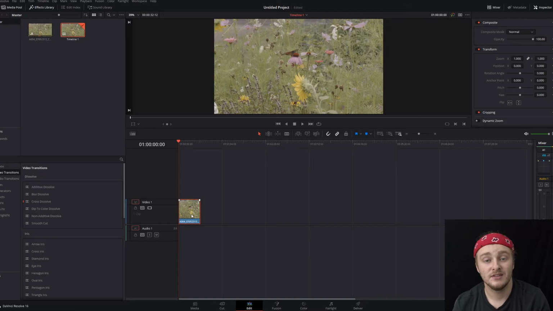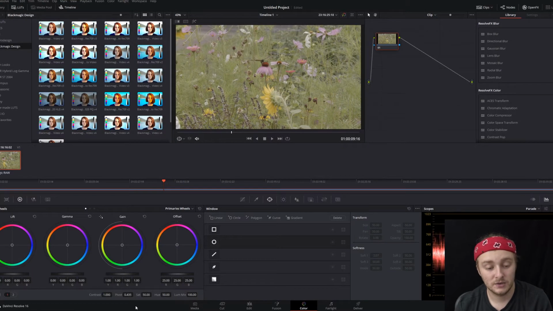In this video, I'm going to be teaching you how to turn your color grades into LUTs using DaVinci Resolve. This clip here of this butterfly in my front garden is the video that we're going to be making the LUT with. So to get going here, all we're going to do is boost up the contrast a bit, boost